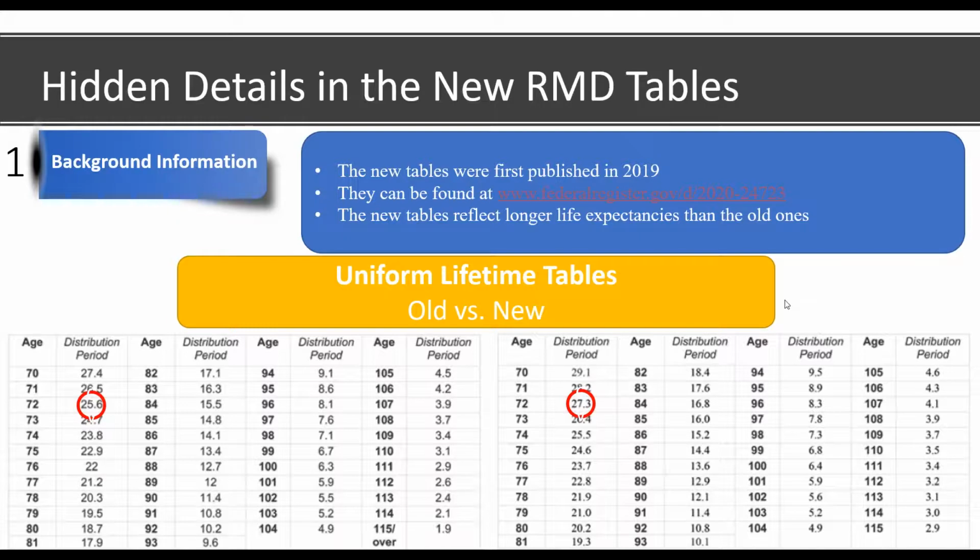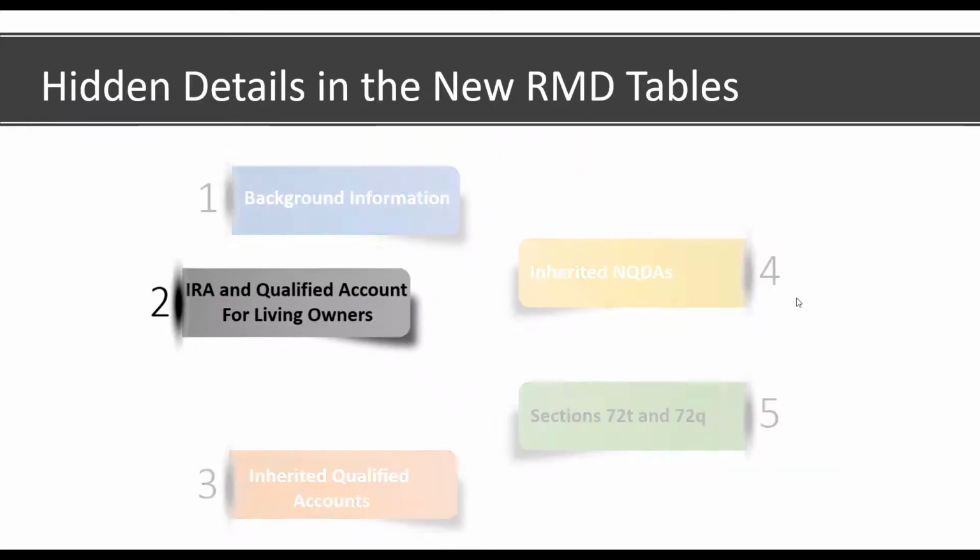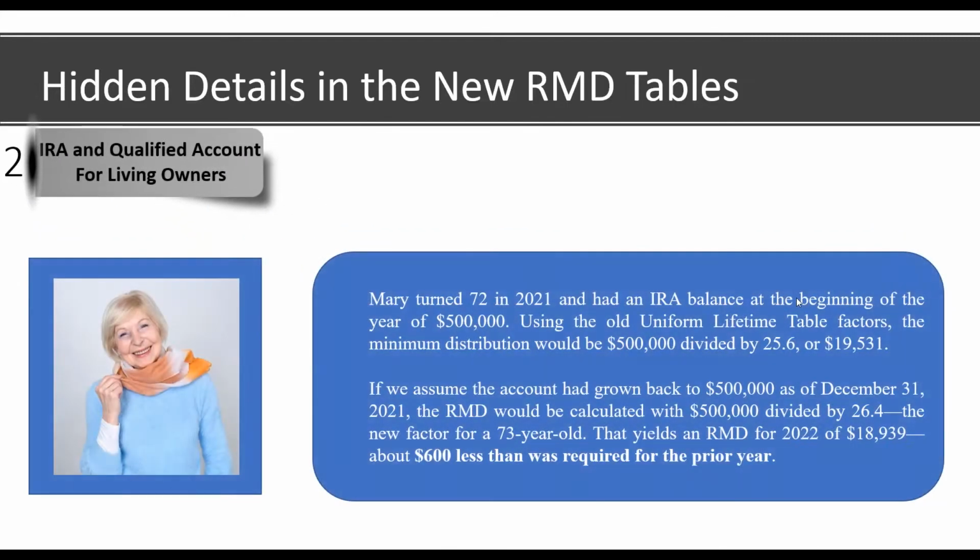So let's talk about how an RMD might be calculated for somebody who is alive in the real world. Let's assume that we've got Mary, who turned 72 in 2021 and had an IRA balance at the beginning of the year of $500,000. So using the old uniform life table factors,